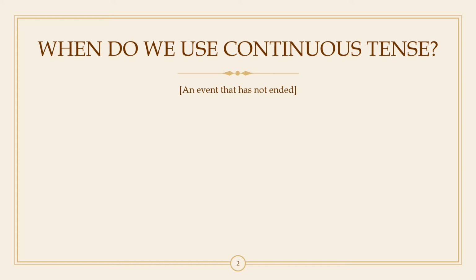Now we are going to look at the continuous tense in eight different ways. When I say eight different ways, I mean eight different approaches. Remember, I told you a minute back that I'm going to give you an approach that is grammatical and one that is practical. The grammatical standpoint is where we use continuous tense as a verb form, and the practical stance is where we use the tense form itself as a way to convey certain meaning. These two approaches can be further divided into eight approaches.